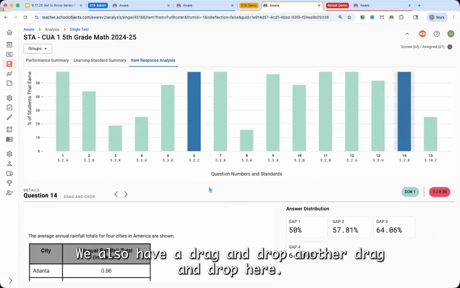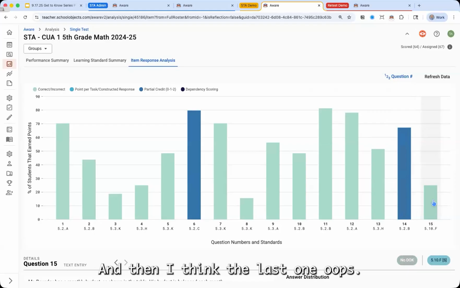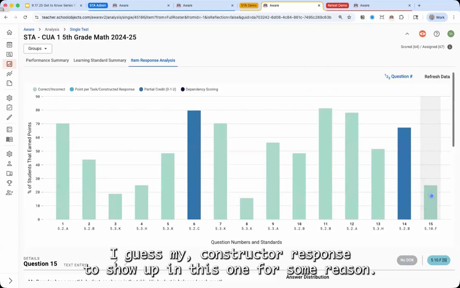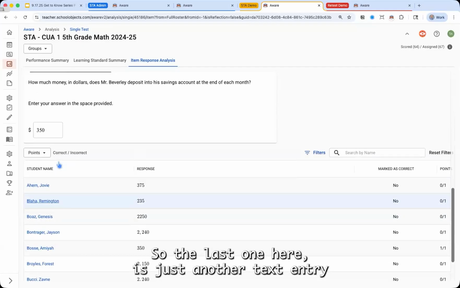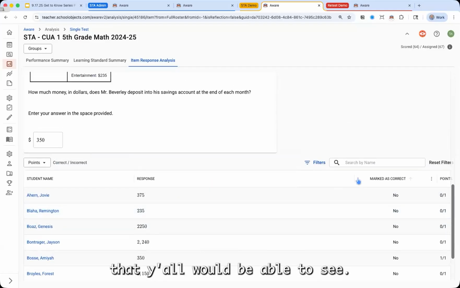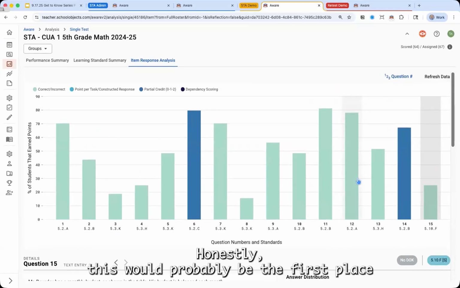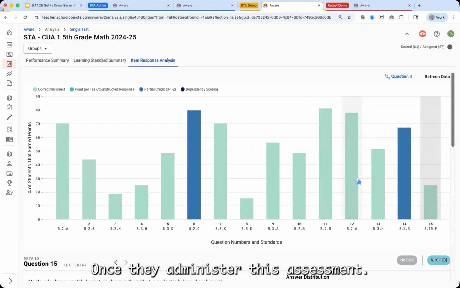We also have another drag and drop here, same thing. And then I think the last one, I guess my constructed response didn't show up in this one for some reason. So the last one here is just another text entry that y'all would be able to see. So this is single test analysis. Honestly, this would probably be the first place that teachers will go to start analyzing data once they administer this